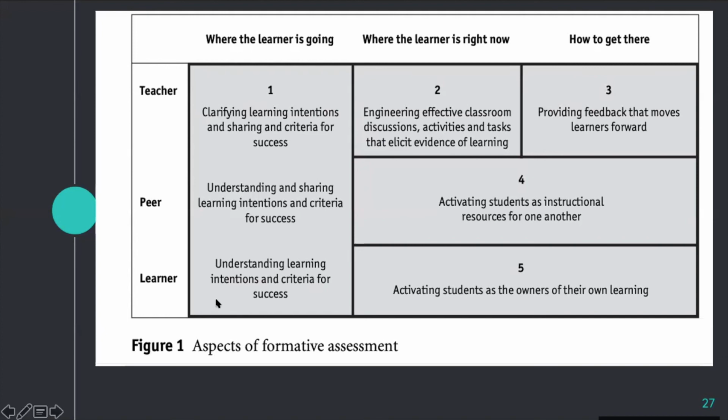On the part of the learner, they need to show an understanding. You shouldn't just mention, oh, this is our objective, end of story. But no, you need to know if the students actually understand that objective, that intention, if they actually understand how you are going to evaluate them by the end. What is the success criteria? What should the success look like at the end of it all, right?